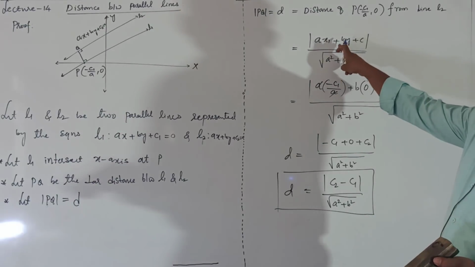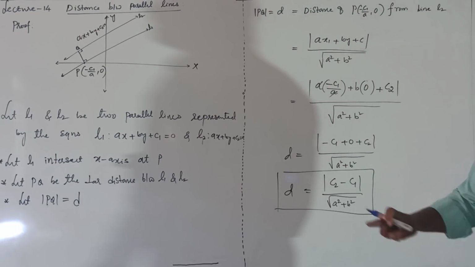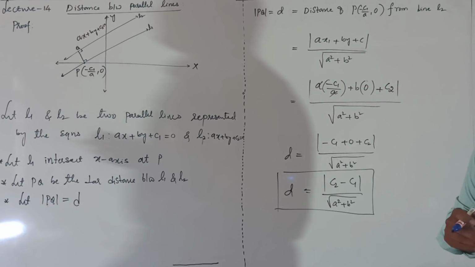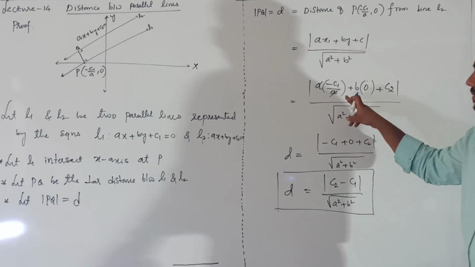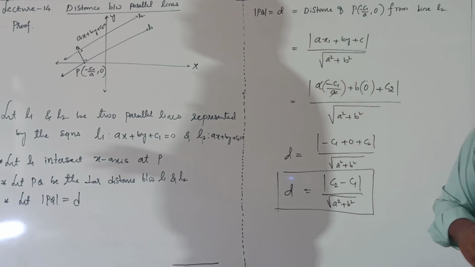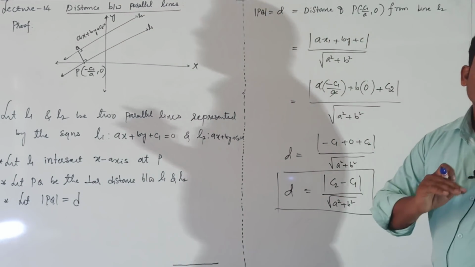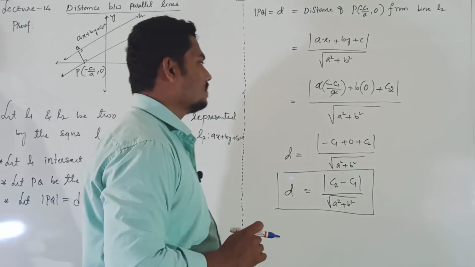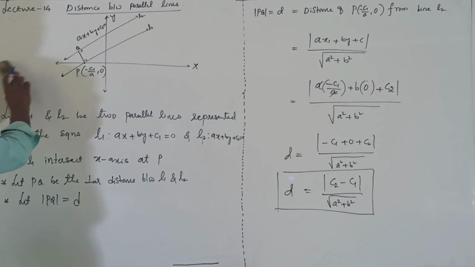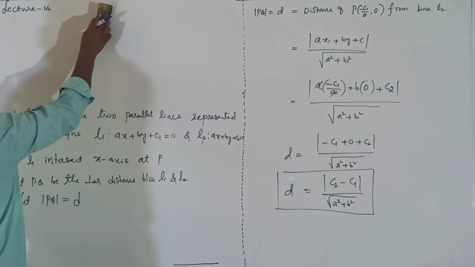And the distance between a point and a line is a x1 plus b y1 plus c, divided by square root of a square plus b square. It is the distance between point and line formula. Lastly, you get the distance between two parallel lines, right? This is the derivation of the distance between two parallel lines, right? Now we will discuss a few problems based on the distance of a point from a line and the distance between two parallel lines, right?